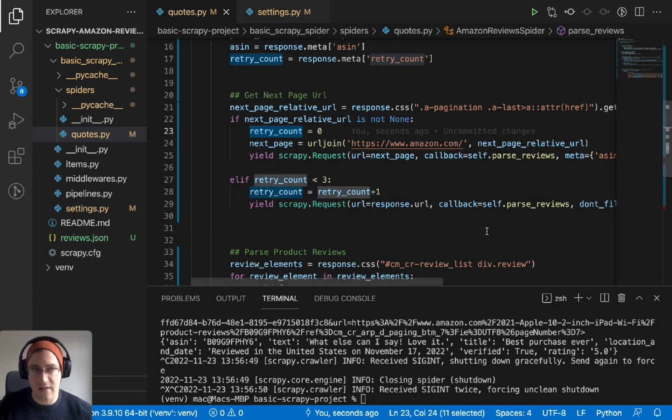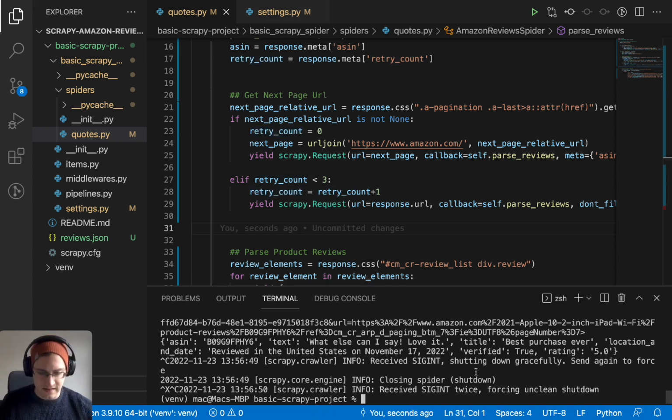So I'll have all this in the article corrected so it'll work fine, and in the fully completed spider that you download as well. This will all be fixed so you guys don't have to worry about keeping track of that either. Okay, so if we just run this again,